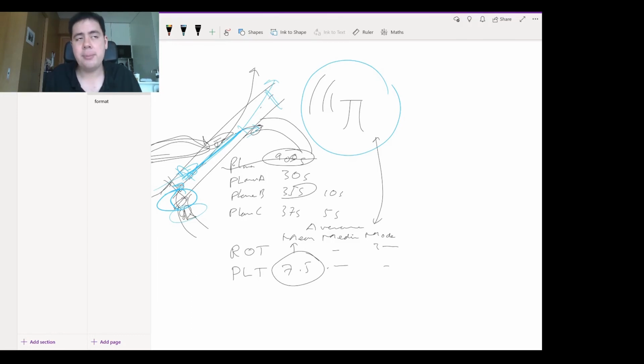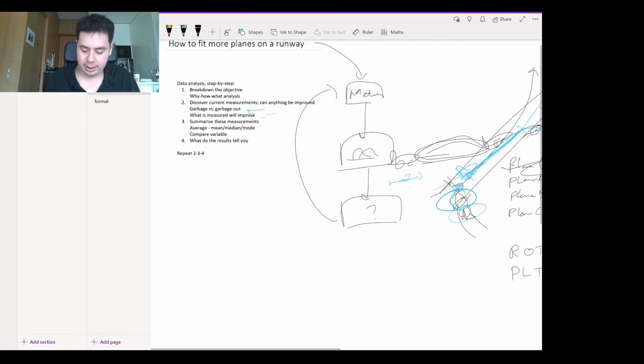This is just the basic process for data analysis. A more complicated process would involve filtering this table before any summary is done. And you can do that based on your input, based on your knowledge, to try to remove some of the garbage if your input is giving you garbage. Then once we understand this, we can,